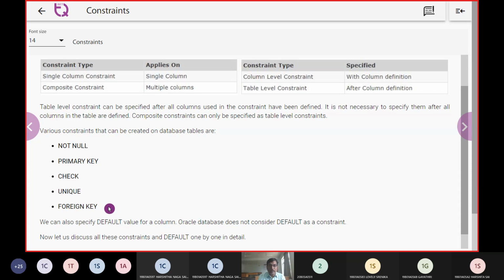So these are the different ways of looking at the constraints. Seeing that a column should be given some specific value, we say it is not null. Then if we are talking about a primary key, we say that it should be not null and unique.